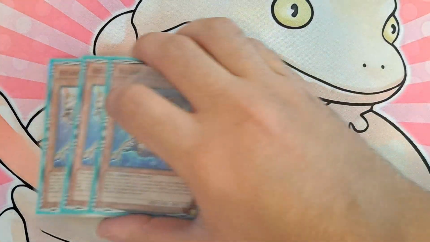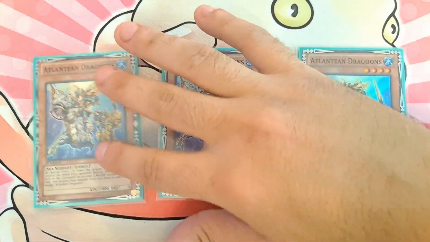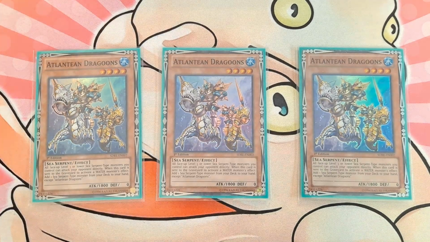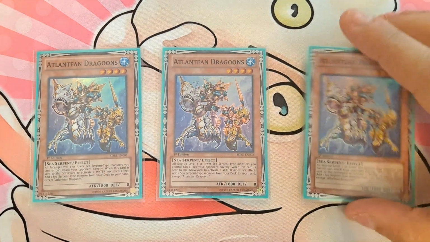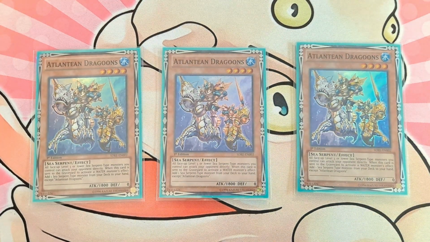And then I'm also playing 3 copies of Atlantean Dragoon. So like I mentioned, this is usually going to be what you pitch and add off of your Neptibus. It's just so good because it is not a once per turn. It is crazy. I've searched so many times just being able to pitch this card off of a water monster's